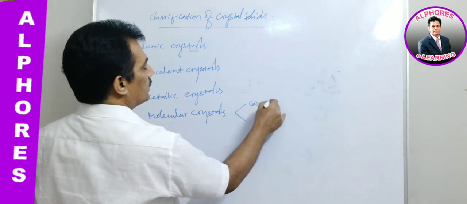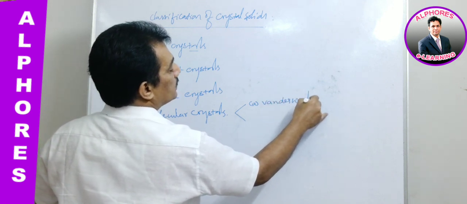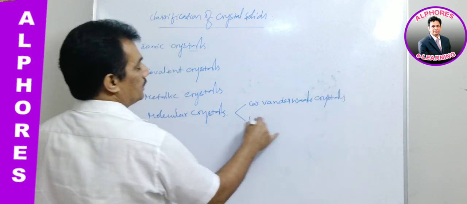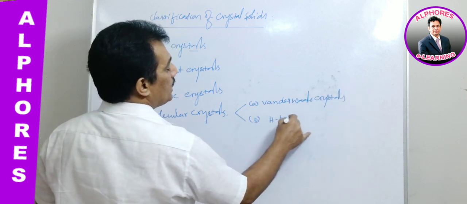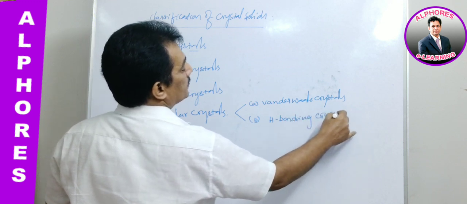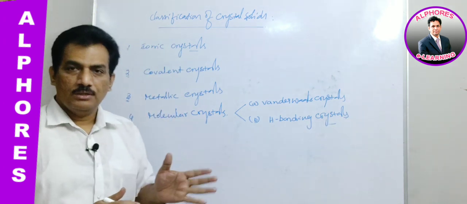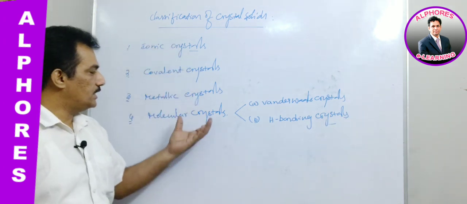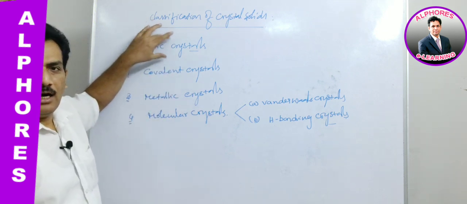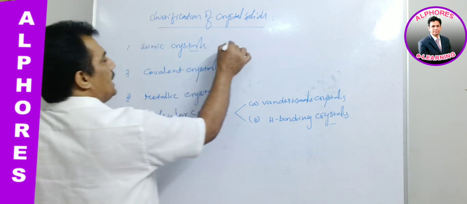One is van der Waals crystals. And the second one is hydrogen bonding crystals. One by one, let us consider the features and the examples for these different kinds of crystals. First, ionic crystals, and the name itself indicates that it is having an array,